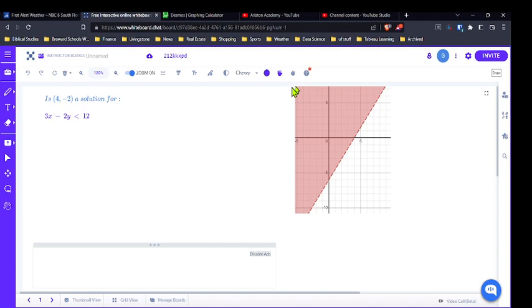So what I want to do is cover a couple of things in this one video. The main thing is going to be looking at a graph and then determining whether a point is or is not a solution. But before we do that, I wanted to point out that the graph itself has some important